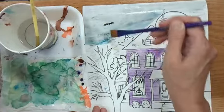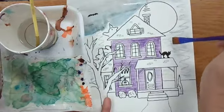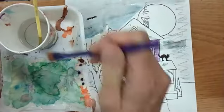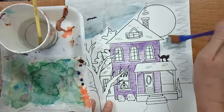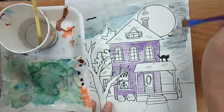Now here it's too fine for me to use this giant brush. So I'm going to switch over to this side and blot. Make sure you're blotting. And the blue paint,